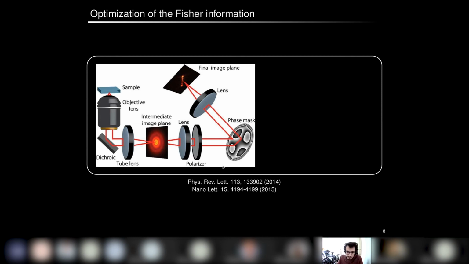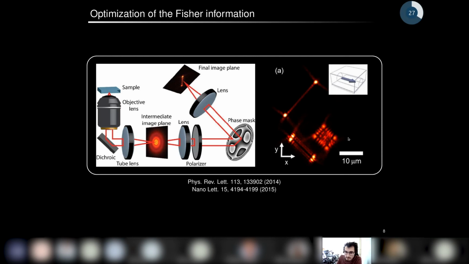So here, the idea of this team, which is the team of Moerner, is to place a phase mask in the Fourier plane and to optimize this phase mask so that it maximizes the Fisher information for the Z coordinate of the molecule. If you run this optimization, you find a final image plane with this point-spread function. It's distorted, you see, it's not at all the same. But what's interesting is that it gives a lot of information about the Z position, because if you change Z, then this PSF also very strongly changes, and then you can recover the Z position of the molecule from it.